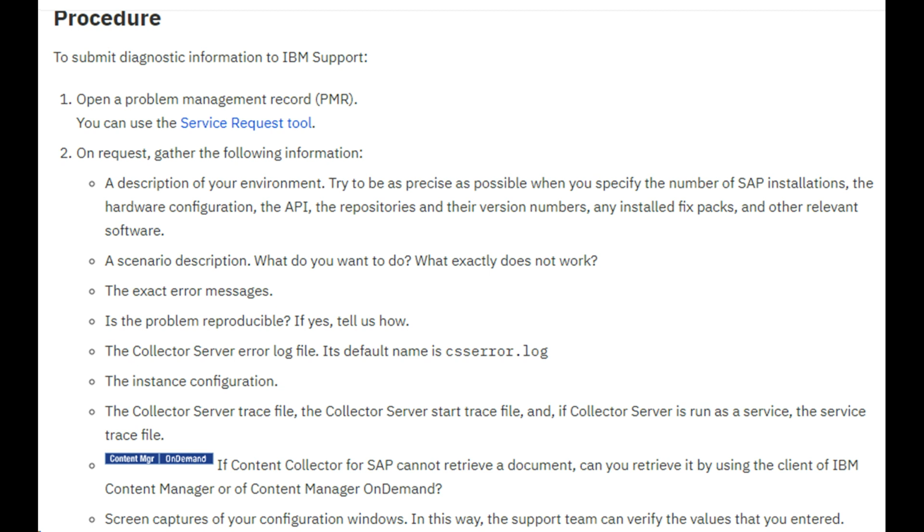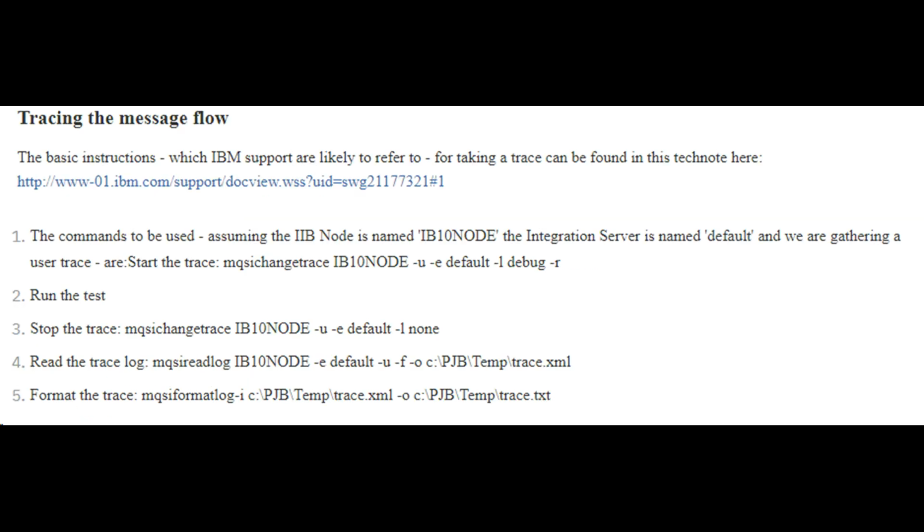IBM team will not be familiar with the applications that you have built. They will need information about the processing of that execution group, and whether something the eSQL processor is doing is incorrect. Since they need information about their product, you will switch on service trace and capture a lot of information. It would be 100 MB and more when you switch these on. It will tell you which line of eSQL got executed, what the input data was, and what the converted or transformed output is, and many other things.